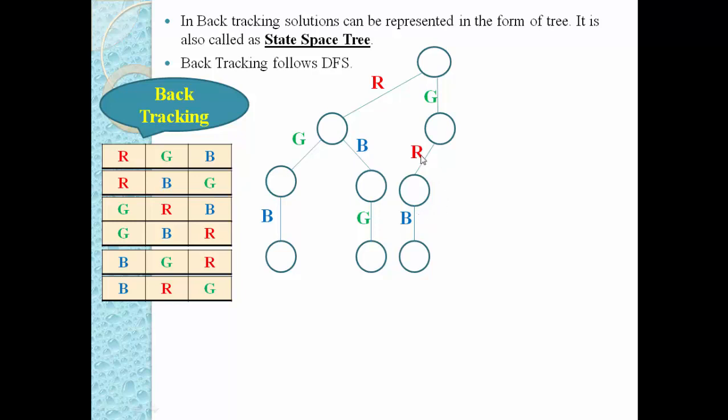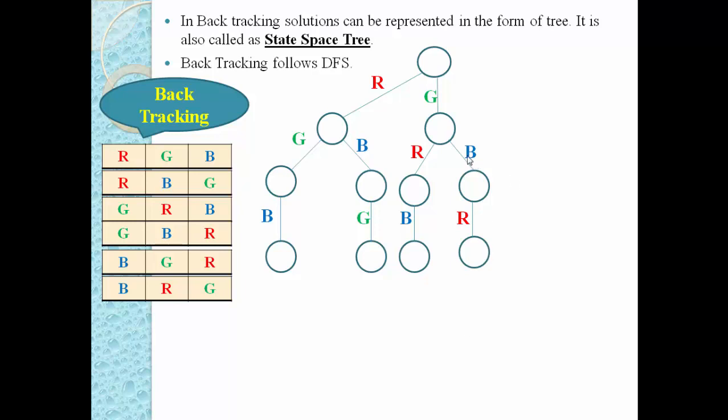Now go back. Our previous was the red color object. Now in place of the red color object we can use the blue color object, and then after that the red color object. So our sequence will be G, B and R. This is our fourth option, that is G, B and R. Now we cannot explore, so just go back.